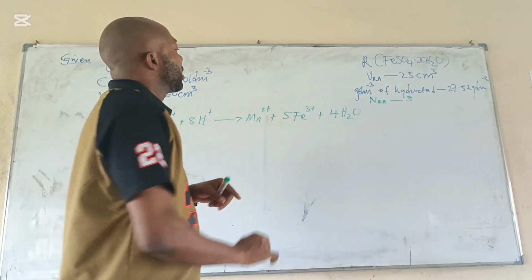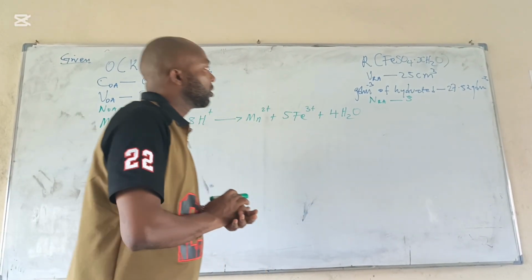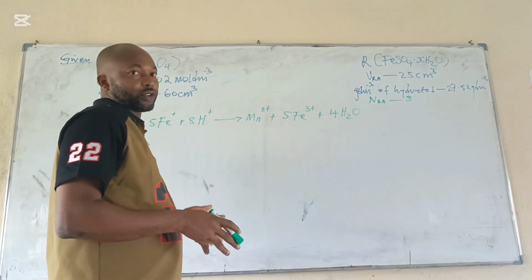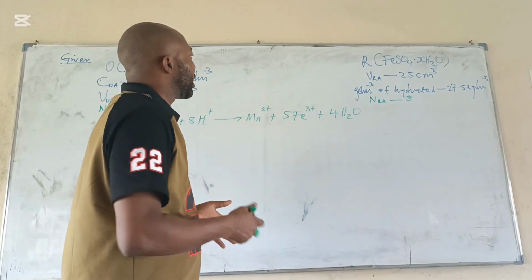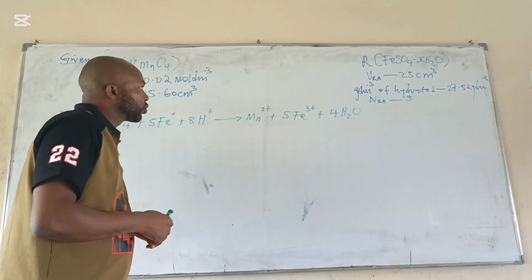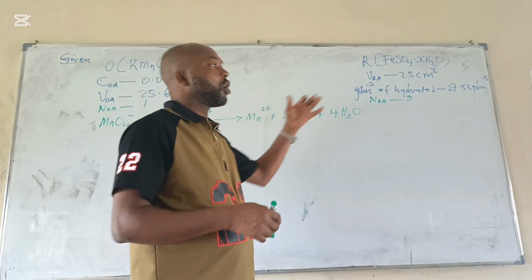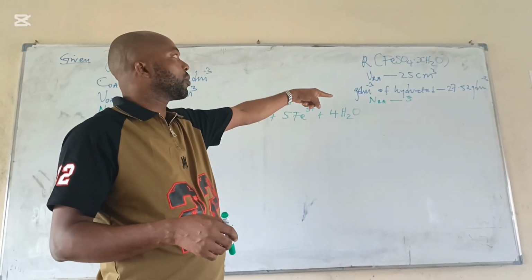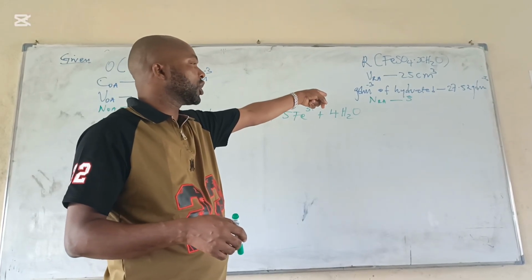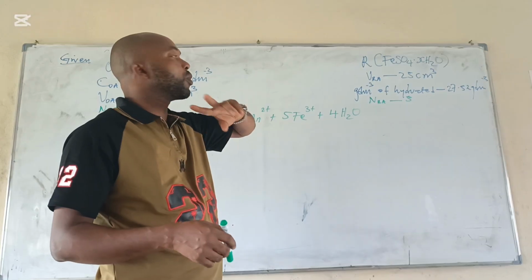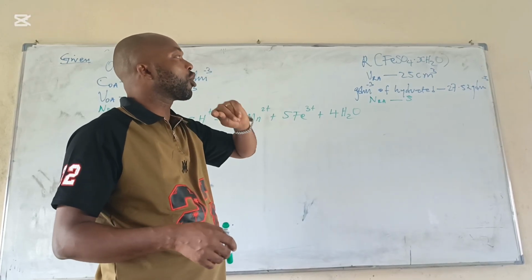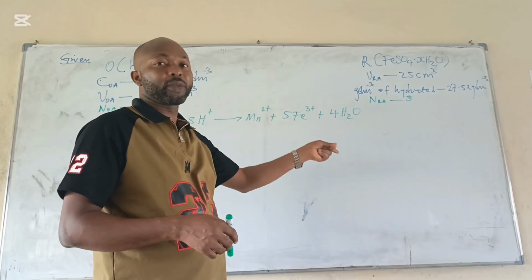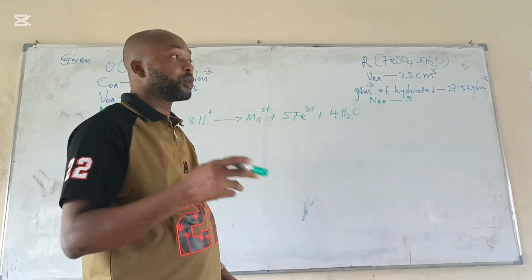But in order for us to do that, we must know the mass concentration of the anhydrous. So how are we going to do that? The mass concentration of the anhydrous will come how? Molar conc times relative molecular mass. And the molar conc is not given. So the molar conc of the reducing agent is not given, which means we must first of all calculate the molar conc of the reducing agent. Then we calculate the mass conc from there before we can answer the question, which says the number of moles